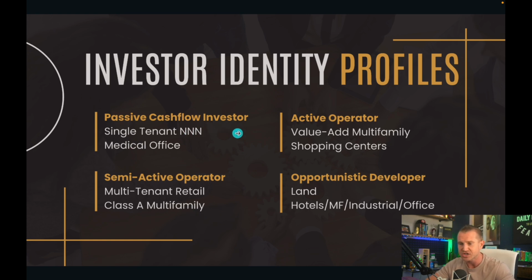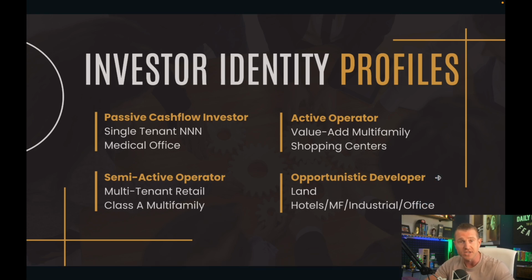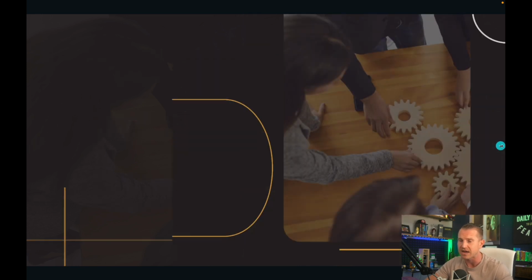So are you a passive cash flow investor that's just looking to be hands off? Are you an active operator that's willing to be in the trenches, eating, sleeping, and breathing commercial real estate all day, every day? Are you somebody that's just semi-active, you've got a W-2 job, but you've got some free time to invest and grow your hobby or your portfolio over time, and maybe you just want to be semi-active? Or maybe you are somebody that's like, I'm building a full-fledged business out of this. This is going to be my business for the next 30, 40 years, and I'm going to be an operator, a developer. I am active in this space. You can think about some of these types of assets that fall into these different categories.